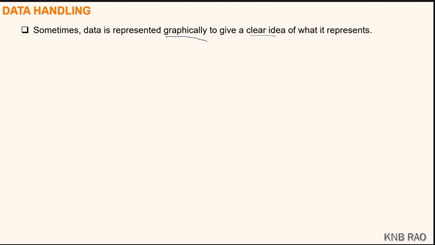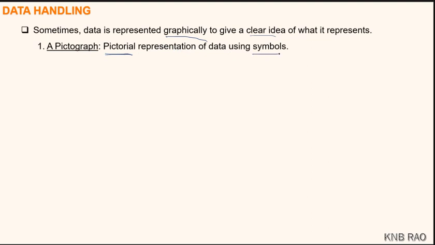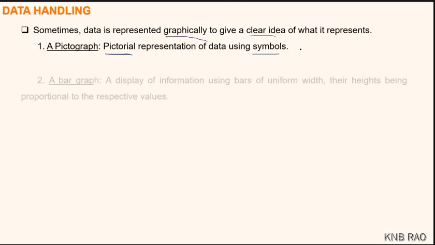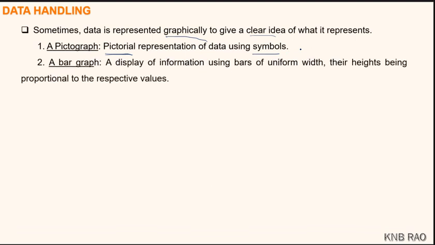Let us go for it. First one is a pictograph. Children, you learnt this in class 6th, and you know the meaning of pictograph is nothing but graphical representation of numerical data using pictures. It's a pictorial representation of data using some symbols. I'll give you an example too. Okay, and let us see what is another type of graph that you have learnt. Another was a bar graph.